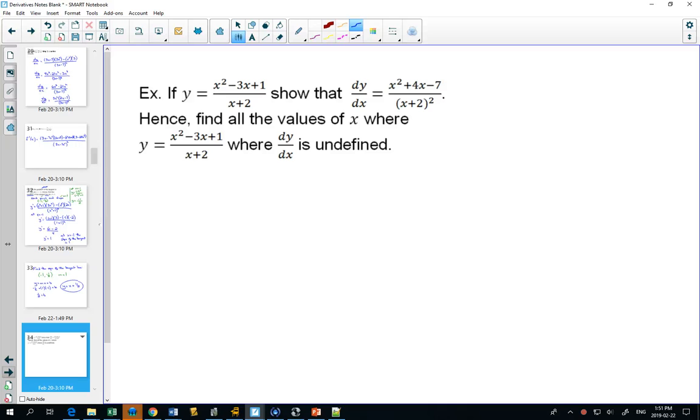This is typical of what you're going to do in your textbook. When you do a question, you look at your answer and say, ooh, the answer looks like x squared plus 4x minus 7 over (x plus 2) squared. Can I make my derivative look like that? So we'd start off